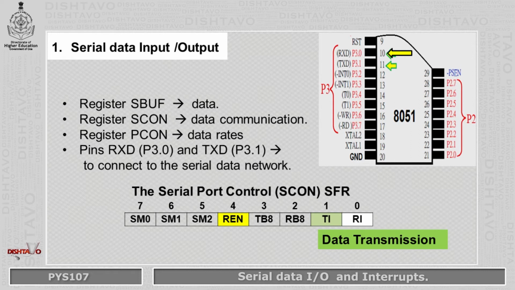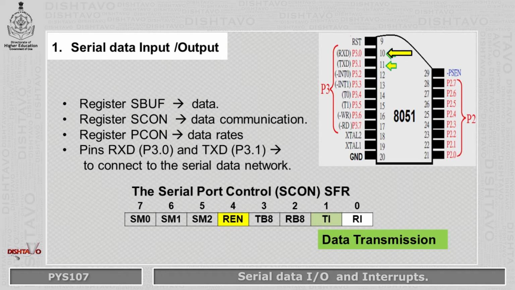Data transmission. Transmission of serial data begins anytime data is written to the serial port buffer register. The transmit interrupt flag TI in the serial port control register SCON will be set to 1 when the data has been transmitted. This signifies that the serial port buffer register is empty for transmission and that another byte can be sent.